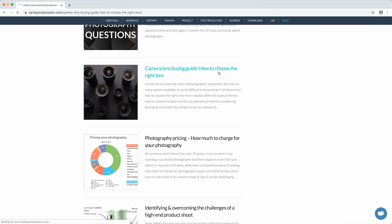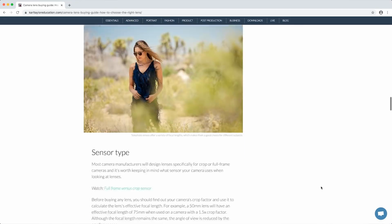Now, before buying any lens, you should find out your camera's crop factor and use it to calculate the lens's effective focal length. For example, a 50mm lens will have an effective focal length of around 75mm when used on a camera with a 1.5 crop factor. Now, although the focal length remains the same, the angle of view is reduced by that smaller sensor. Now, I discussed the different sensor types in my Camera's Buyer Guide video, which you can find on the blog here at